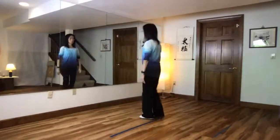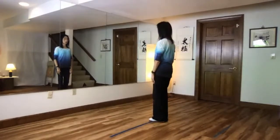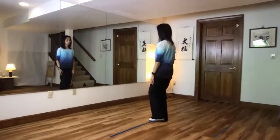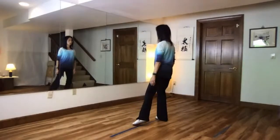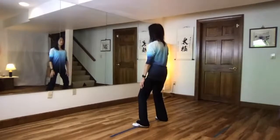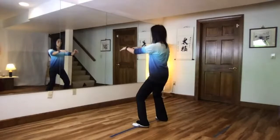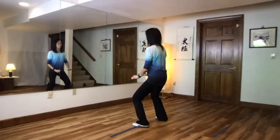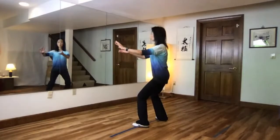So let's do this one more time. Feet together from the top. Now weight on your right, lift left knee to the side, 2, sink your body right a little bit, 3, arms up, 4, arms down, 1, shift weight to your right, both